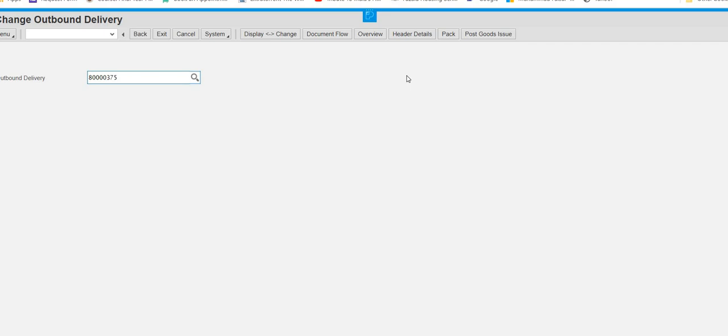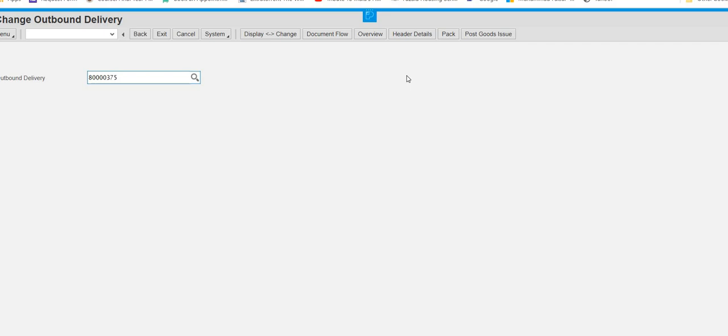Now the next step is post goods issue. This is very important. This step will tell you that the items are issued for the customer and that has been posted in their inventory. Means if in their inventory they had 1000 items previously, now 5 have been sold out, so those 5 will be deducted from their inventory.